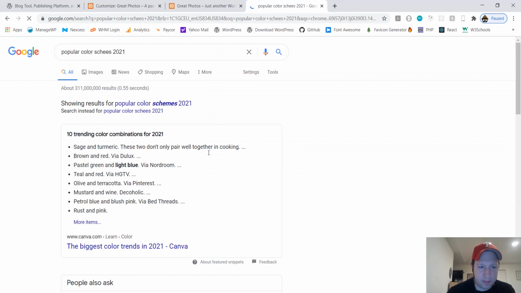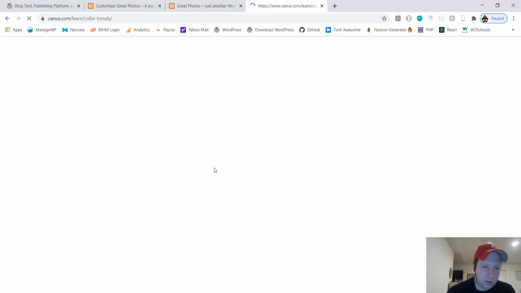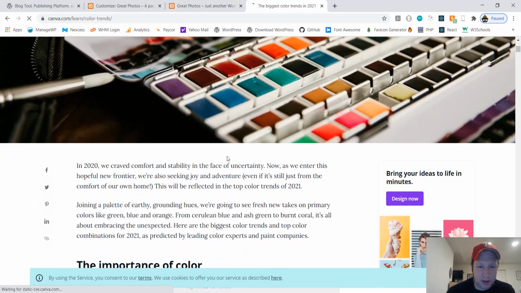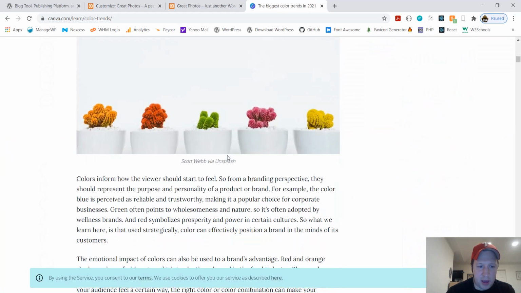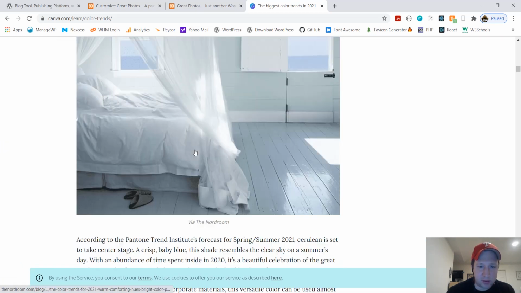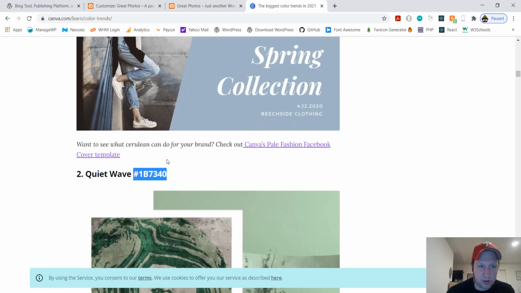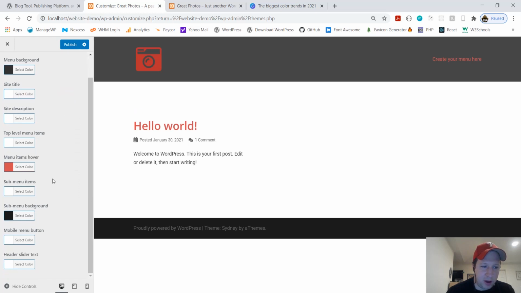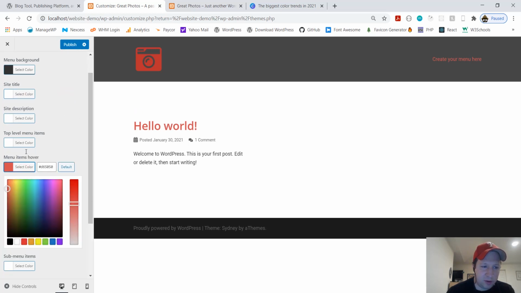Top trending colors. As soon as it loads. And cerulean, see that, and then they give you this hex code. That's all you need, this little, that's called a hex code, and then you put that in there. Right.